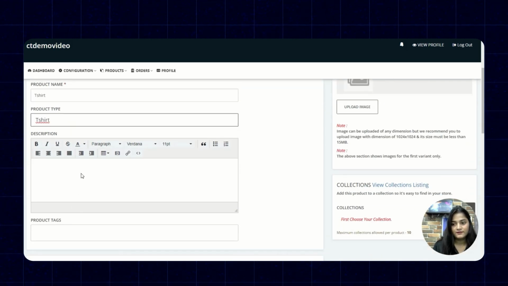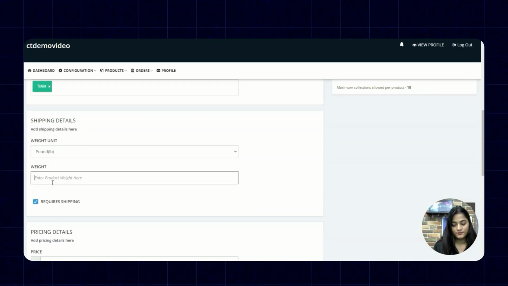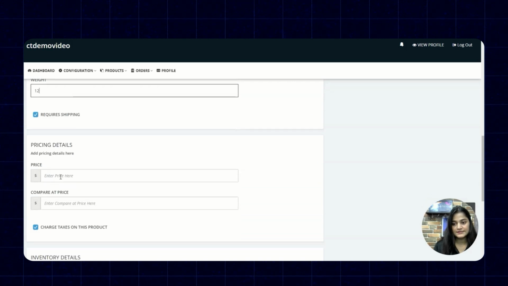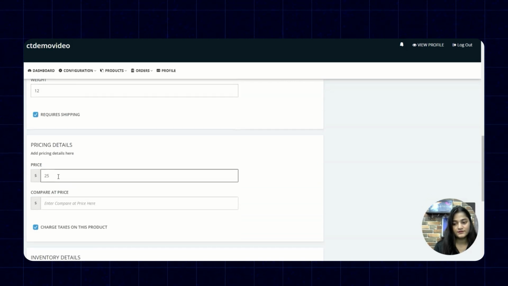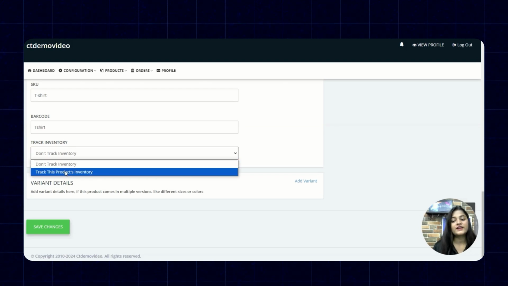Enter the product here. Write down the description, tags, product weight, the price for your product, SKU, barcode, and track inventory.